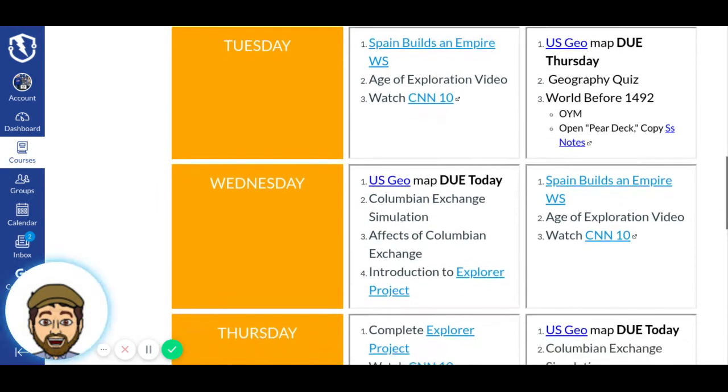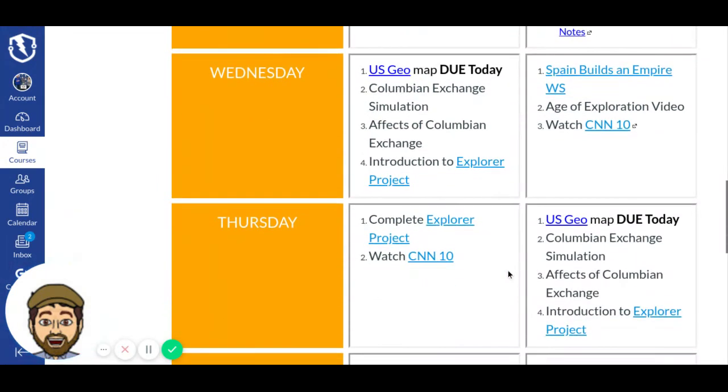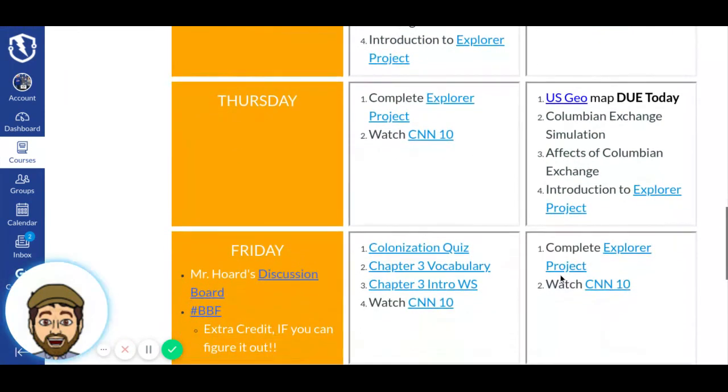So what cohort A did Wednesday, cohort B will do Thursday. Cohort A will be at home. They'll be working on their Explorer project, whichever one they chose. And again, a link to CNN 10 for them to watch and see what's going on in the world around them. So what cohort A does Thursday, cohort B will do on Friday,